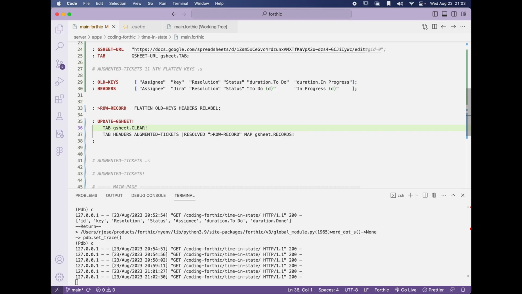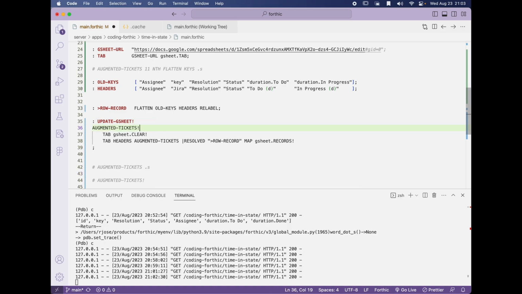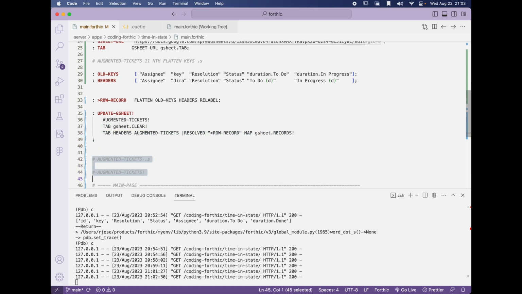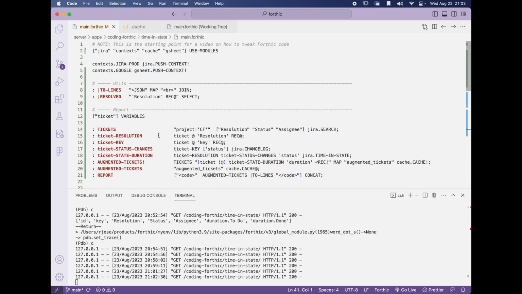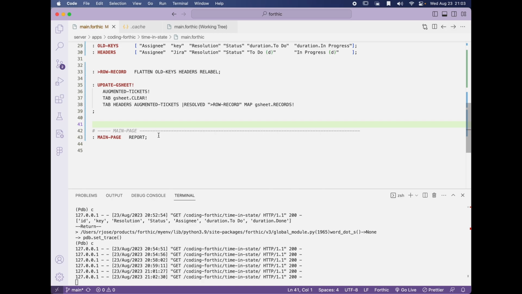And so one step that I kind of skipped is this: since we are using the cache data, I haven't been calling this update of the cache. But if you were to do this properly, you would need to call this word first. It would grab a fresh set of tickets, write that into the cache, and then once that's done, everything else should proceed. Actually, let's show you what I mean. So if I were to run this again,